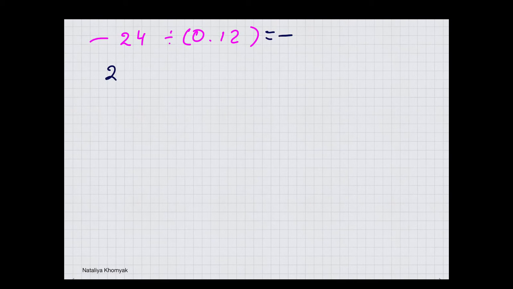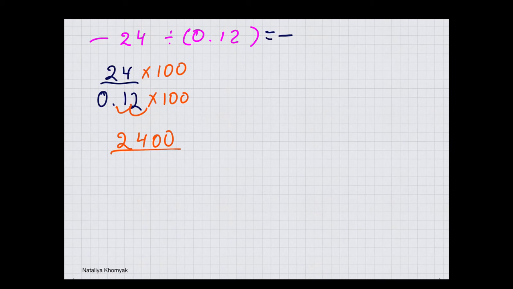Now we need to divide 24 by 0.12. We need 12 to be a whole number. Well, we have one decimal, two decimal. We need to multiply it by 100. Whatever you do to the denominator, you do the same thing to the numerator. And we get